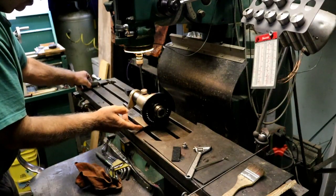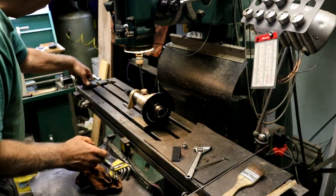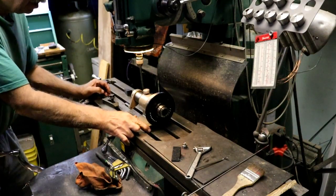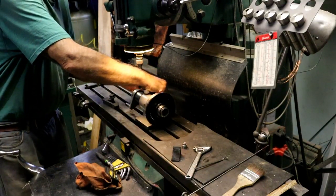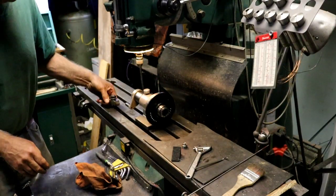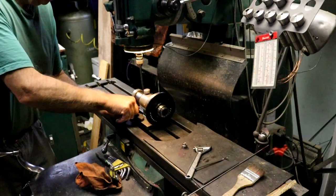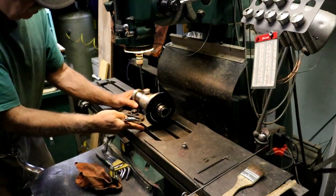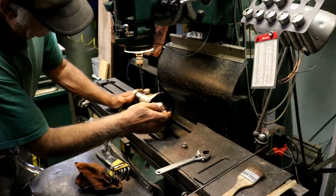Because I have these edges at the base parallel to the bore of the Spindex. When I bought this, I spent time going through it and getting it a little closer than what it was. And let's see, the clamp. Clamp this one down first, and then I'm going to get a long